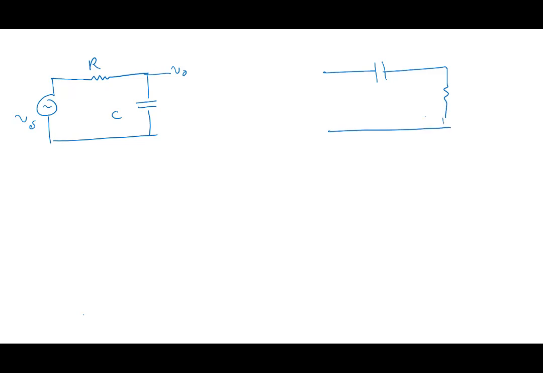Simple circuits, but they're useful for us. We said this circuit, if we plot V0 by Vs, V0 by Vs, this circuit, by the way, before we do that, let me